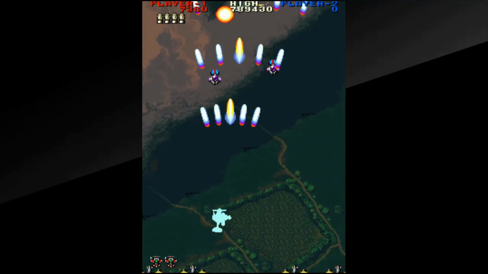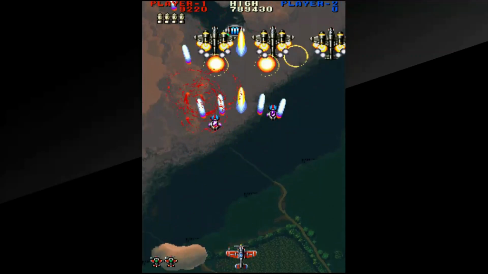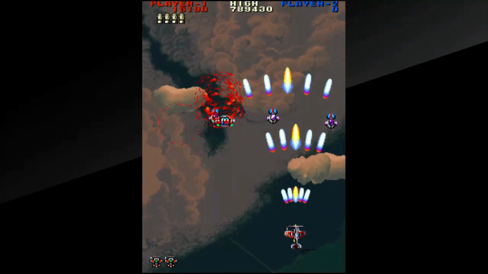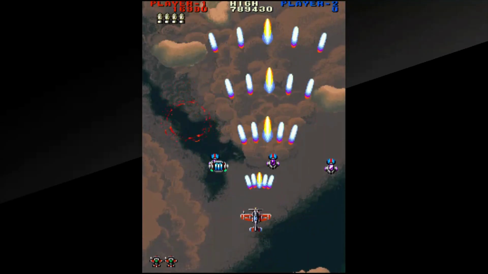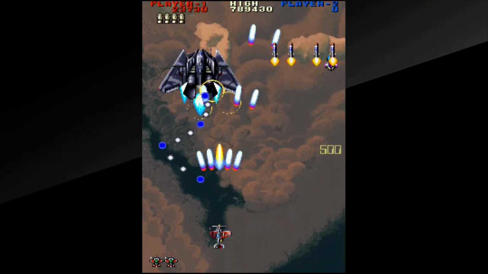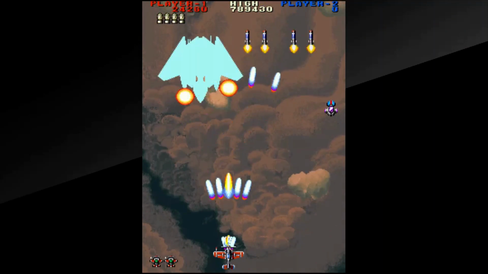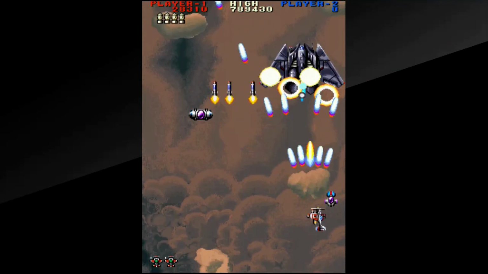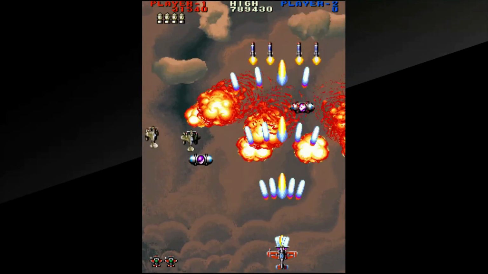Small purple medals are worth a few hundred points and not hugely important in isolation. Medium-sized purple medals, however, start off at a low value, but chaining them quickly brings them up to higher values, and they max out at 10,000 points a pop, a game-changing value if you can keep them there. Fortunately, your chain is only broken by dying and not by missing